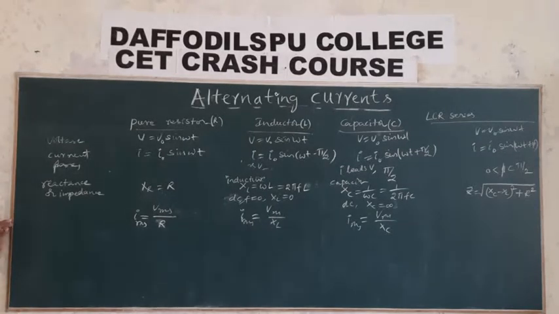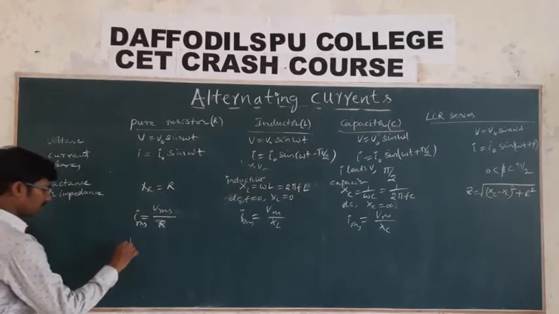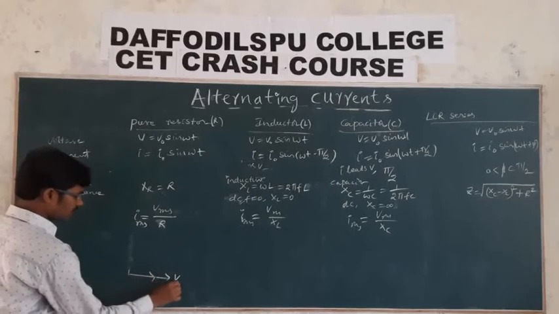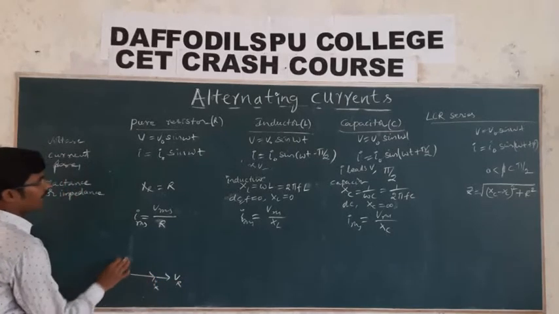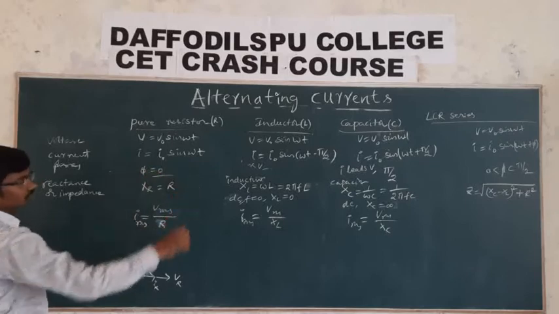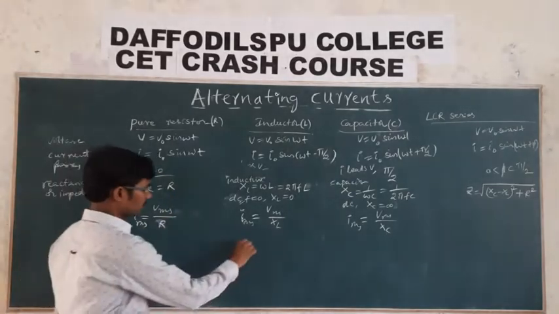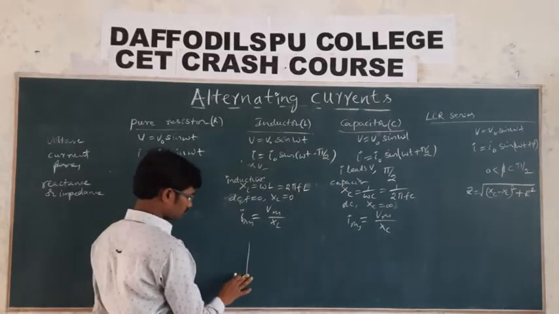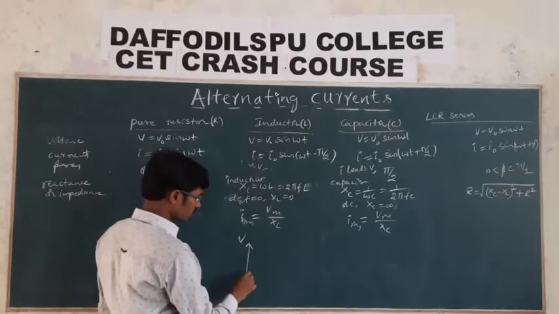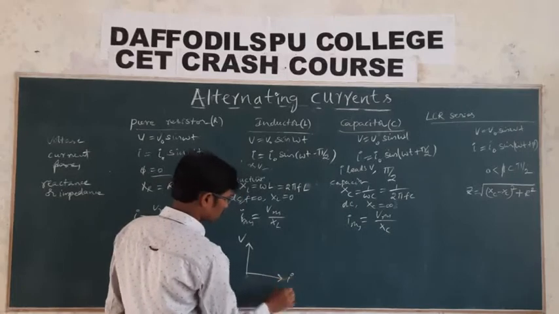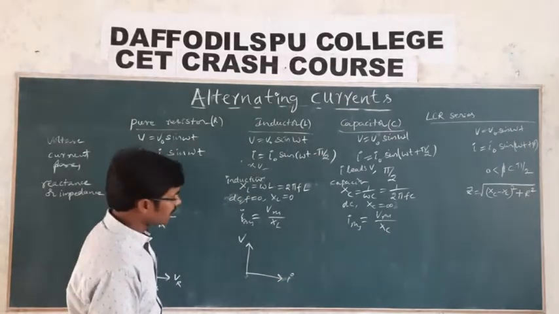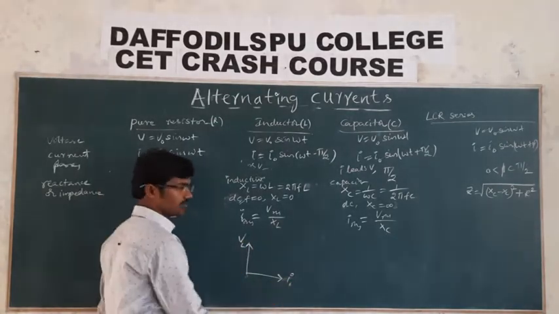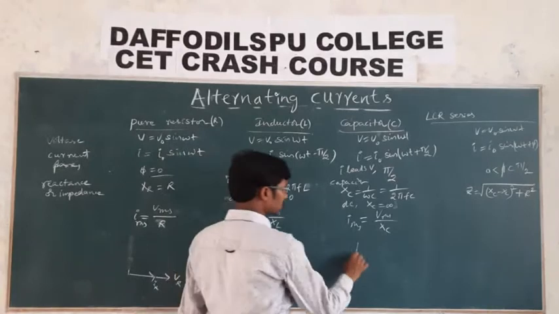Let me draw the phasor diagram. Let us take, if it is V and current, VR and IR, both are having the same phase, phi is equal to 0, then both are having the same. But here, current is lagging behind the voltage. If you have taken this voltage, and this is the current, so current is lagging behind the voltage, then VL and IL. For capacitor